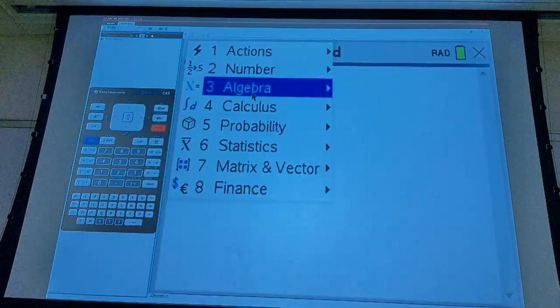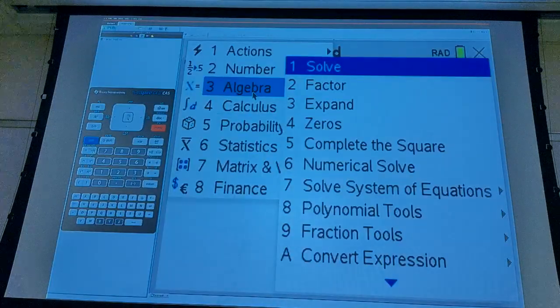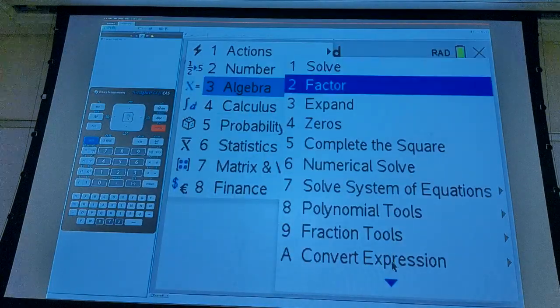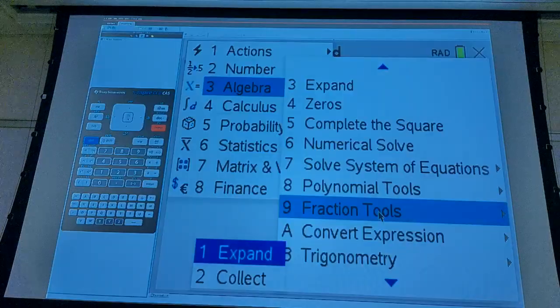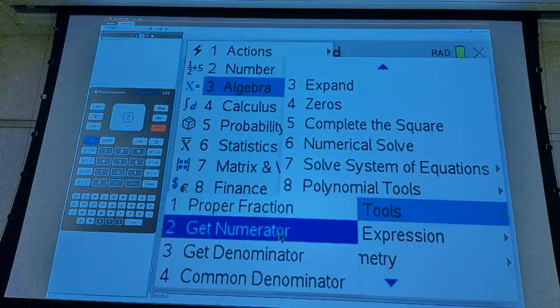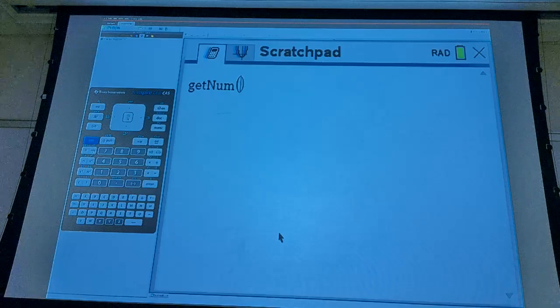Menu. I think it's algebra. Fraction tools. Get numerator. What was it? It was 5 over x minus 1, yeah,